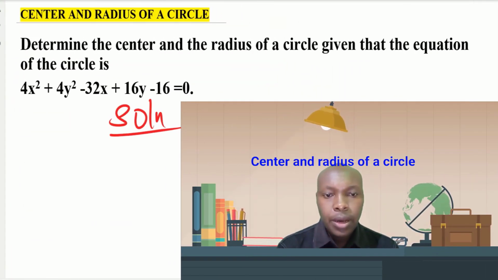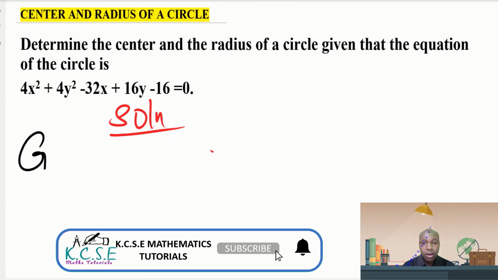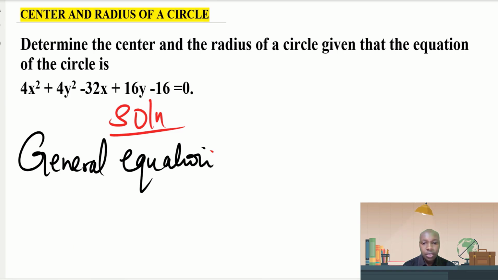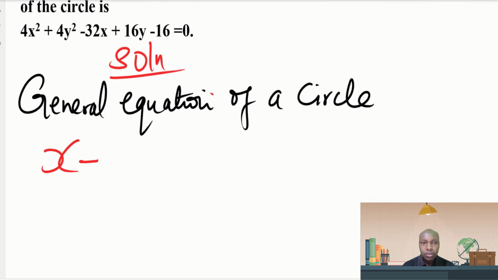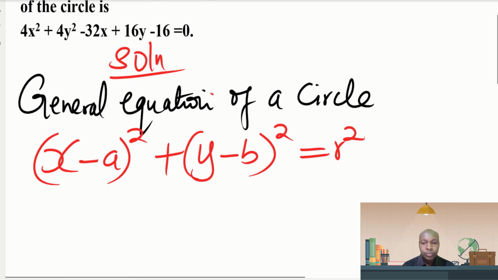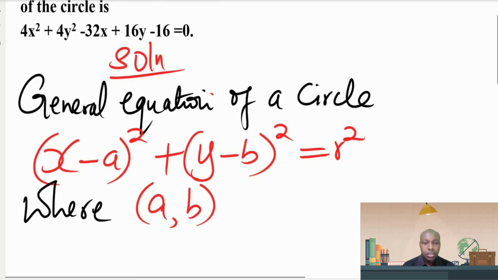Now we shall start by writing the general equation of a circle. How should it be? That will help us in determining the center and the radius of the circle. So the general equation of a circle is supposed to be x minus a squared plus y minus b squared equals r squared, where (a, b) is the center of the circle,